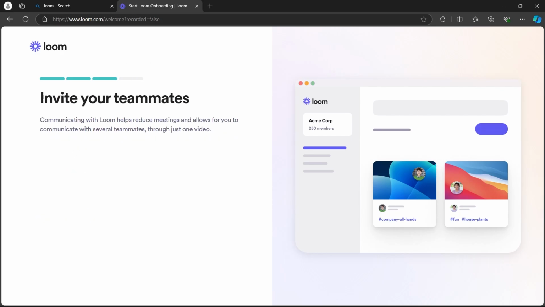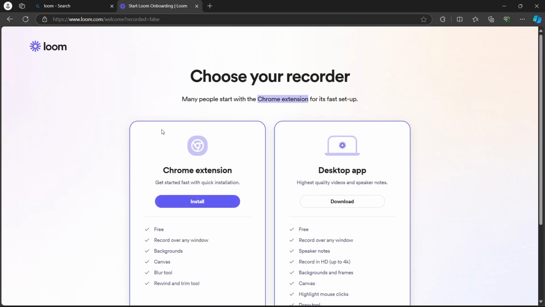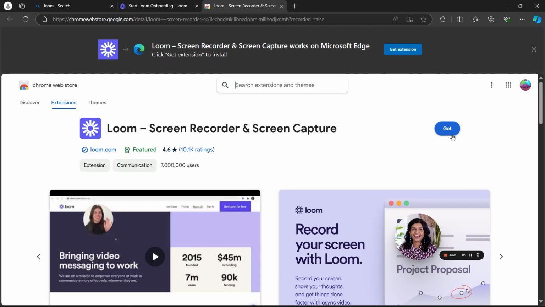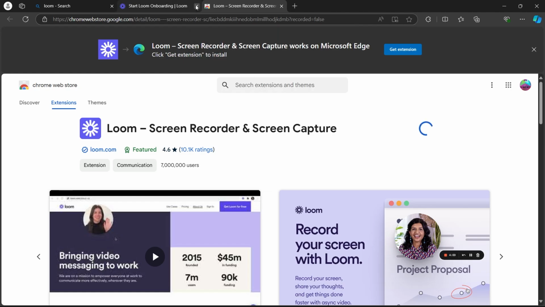After this, you'll be prompted to Invite Your Teammates page where you can enter email addresses of your teammates and invite them. If you don't want to do this, click on Not Now, and here you can choose how would you like to record your screen. So I'm going to click on Chrome extension, that is the install button just under it, and this will open up Chrome Web Store. Here, click on the Get button, now choose Add Extension, and this will instantly install Loom